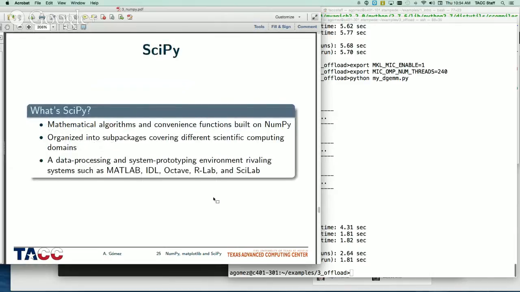And we're just going to finish really quick with SciPy before we go to more interesting stuff. So SciPy is just a set of mathematical algorithms and different functions built on top of NumPy. NumPy is the base for many things in the Python world, and SciPy is one of them. It's organized into subpackages that cover many different scientific computation areas. And they say that it can compete with things like MATLAB, IDL, Scilab. I don't know. I wouldn't say so much, but for easy things, not very big things, it works